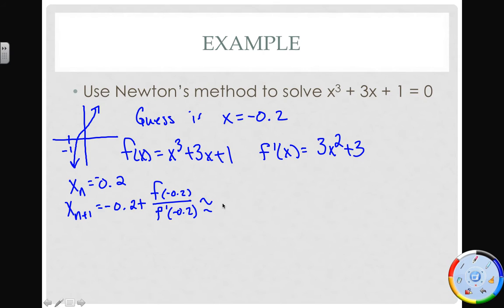So what I would do here is I would just say -0.2 plus, and here I'm going to say y1 of -0.2 divided by y2 of -0.2. This is what I'm doing in my calculator. And give me a second to type this in. I get